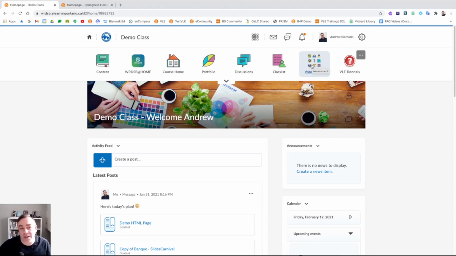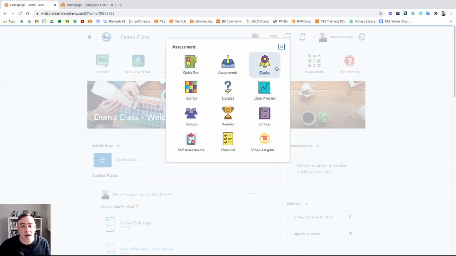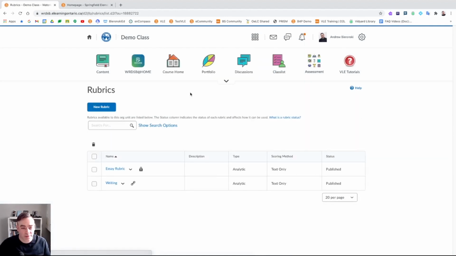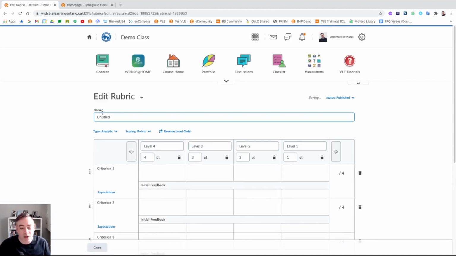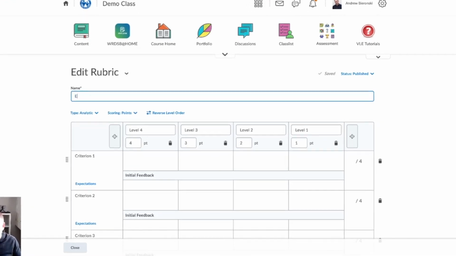Okay, so that was adding the expectations directly. You can also add expectations to a rubric you're using, however. So if I click on assessment here and click on rubrics, I'm going to start a new rubric here. And again, if you want to see the details of creating a rubric and the nitty-gritty, please go back to part 1 and part 2 videos on assessment to see that in detail. But I'm going to go